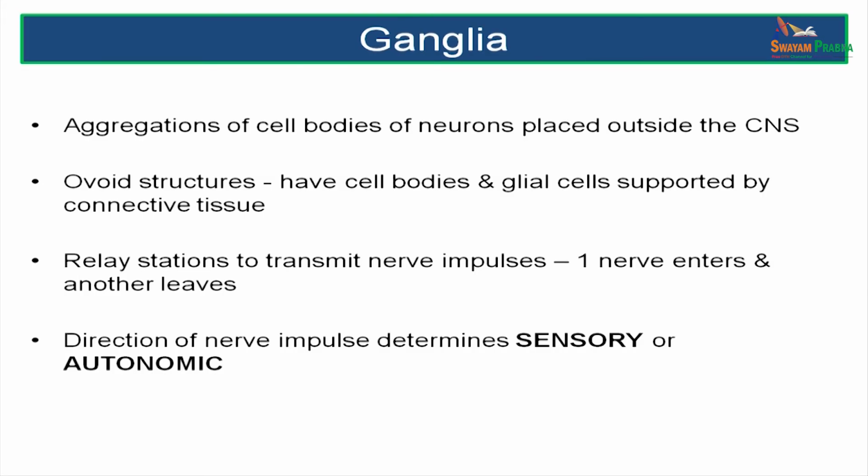Let us now proceed to study about ganglia. What are ganglia? Ganglia are collections of nerve cell bodies outside the central nervous system. For example, you all must have heard of cranial nerve ganglia or spinal nerve ganglia or sympathetic ganglia or even parasympathetic ganglia. So, all these lie outside the central nervous system and they are classified like I have already mentioned.